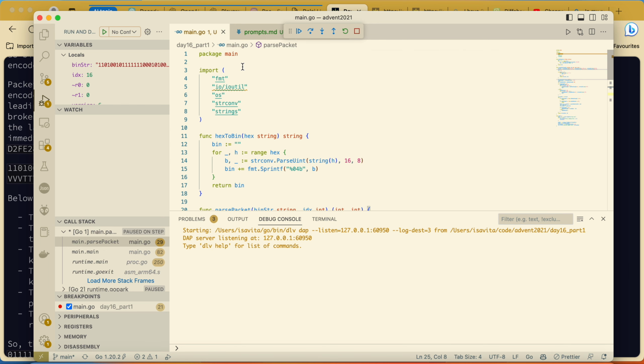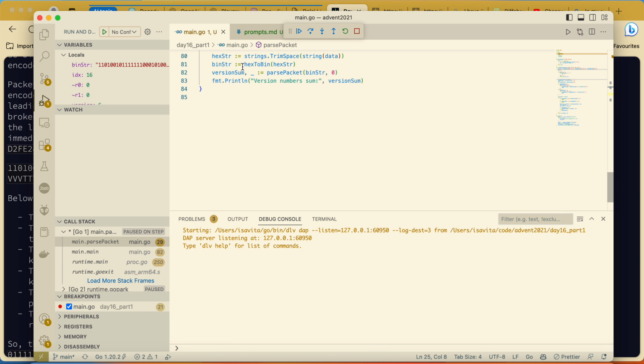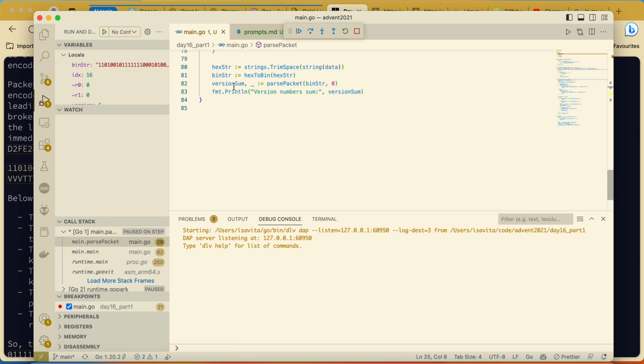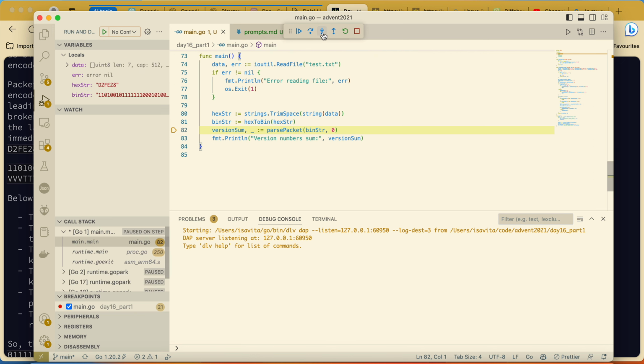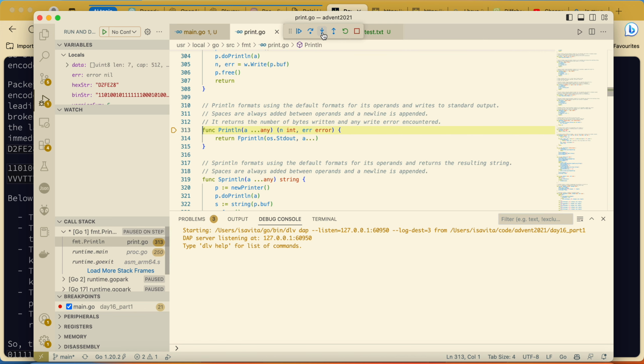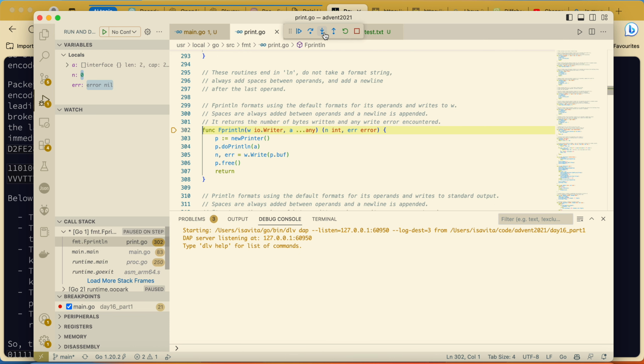It's returning in that case the version sum, and here I will have the last index where the number ends. Okay, in this case it's 6, and I'm returning 21 because it's such a package. Okay, I have the sum completely fine.